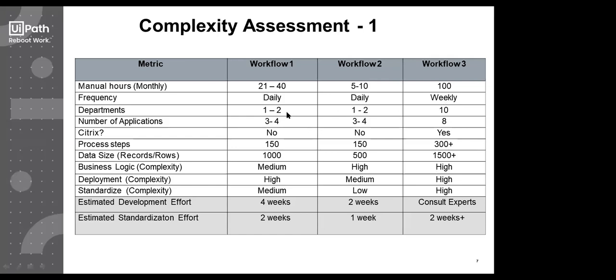Then the departments, that is, what all sectors or departments that particular process touches, or the application. Suppose you have 2 applications involved, and they get data from 2 different departments, and then they process it and get an end result. So that's what department is, whether 2 are involved, 3 involved, or maybe 10 involved. The number of applications you have.